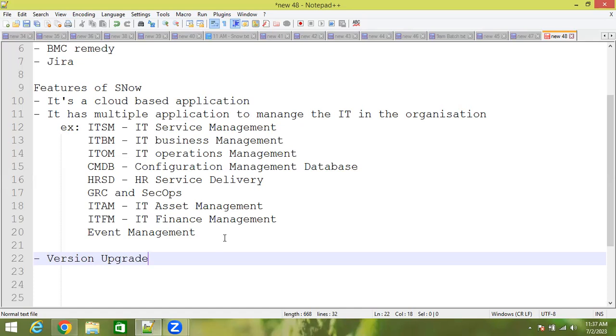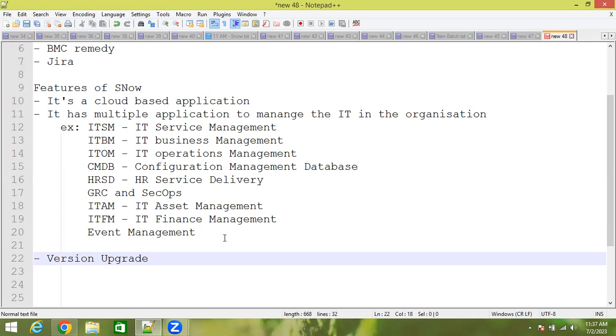A version from the past may not be suitable for the current period, right? So it has to be upgraded, it has to be improved. Any application cannot stay just like that. It has to be improved as per the current situations, problems, and issues. Getting it? It can't just stay with a single version. It has to be upgraded to the current market.